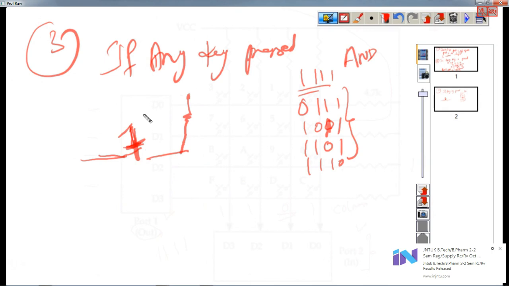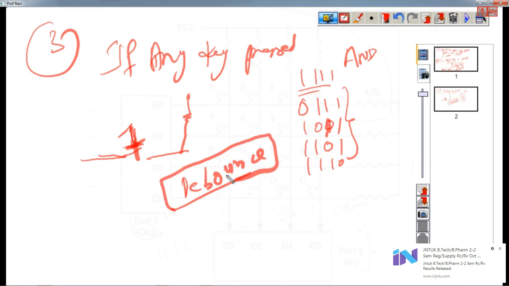Getting pressed, or earlier if it is pressed, then it is not released kind of thing. So that means if it is exactly pressed or not, that we call debounce. So key debounce. So that key is with debounce or exactly it is finished. Then what you can do, if you get these kind of, if key is pressed,